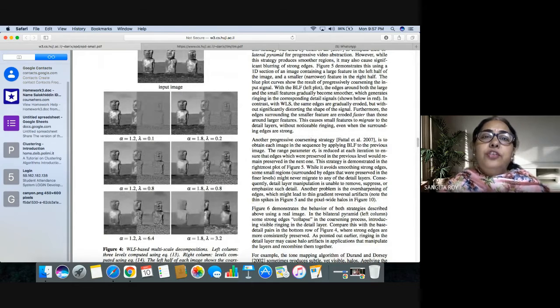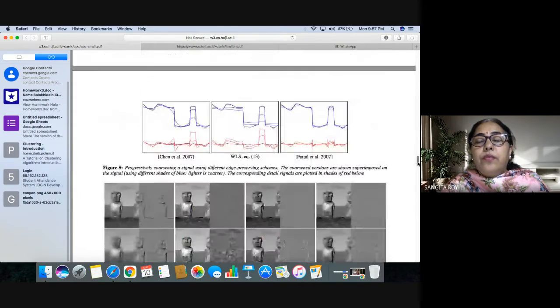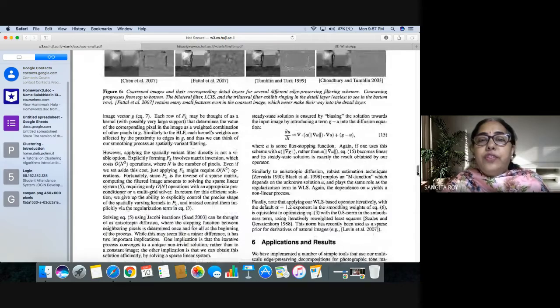The input image is showing over there. By giving different values of the gradient sensitive parameter alpha and the smoothness sensitive parameter lambda, we are getting the output with different values. Sometimes the coarsening is there, sometimes the smoothing is there. So there should be some balance between coarsening and smoothing, depending on the value of alpha and lambda. Now more results are showing over there.